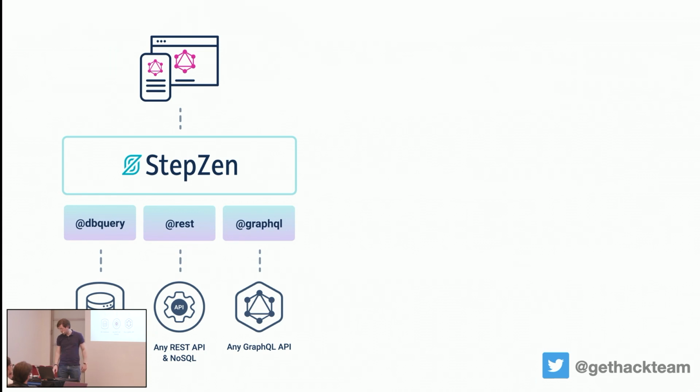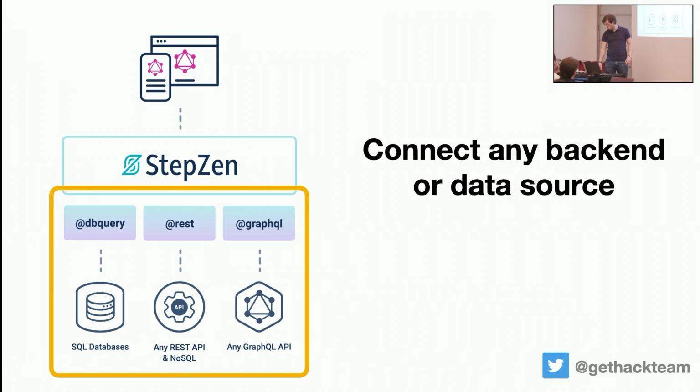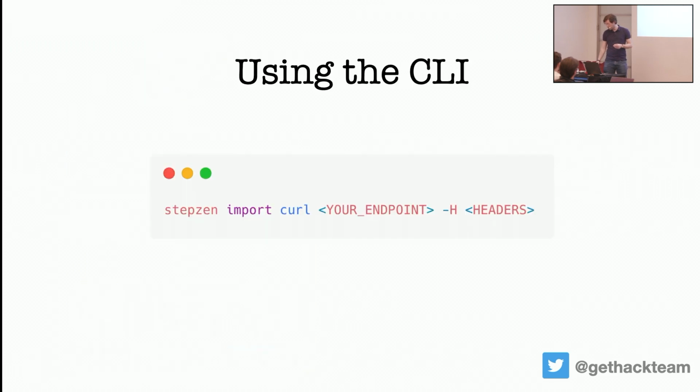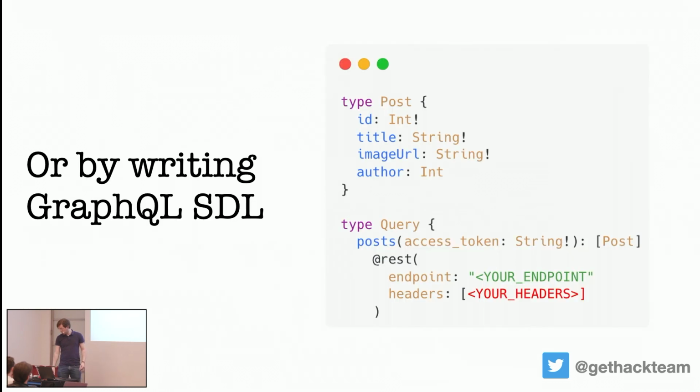And for this, we'll be using StepSen, which can be used in two different ways. But basically, you can connect any backend or data source. So it can be a database, it can also be a REST API or a GraphQL API. And as we have REST microservices, we'll be connecting to a REST API. So we can do this either using the CLI, which I'll show you in a bit, or by writing GraphQL